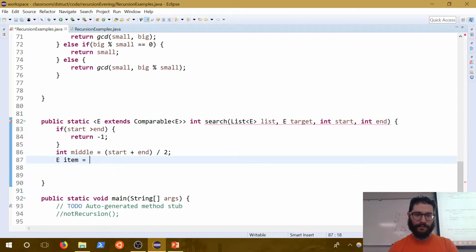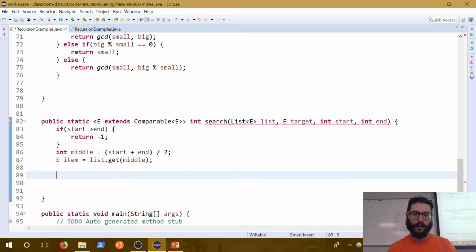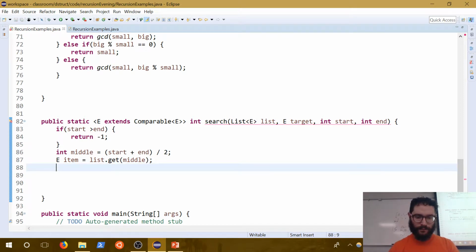And E item is list.get the item at the middle. Okay, so I'm just going to grab that so I don't have to keep calling it. All right, so